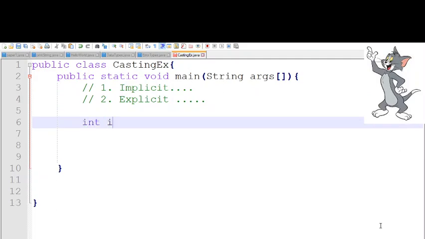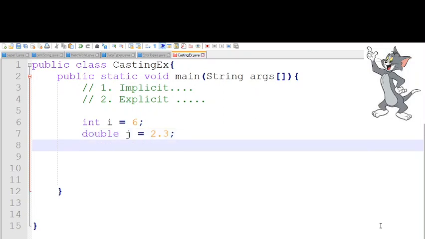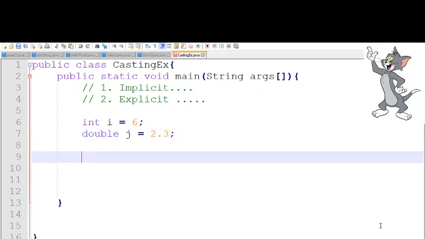For example, I have an integer data type variable with name I and its value is 6, and I have another double variable with name, for example, j, and we store 2.3 in it. So now what I am going to do is I want to assign j the value of j plus the value of I. So in the background what compiler must be doing is it first converts the value of I into double, that should be 6.0, and then it must be added to the value of j, which is 2.3.